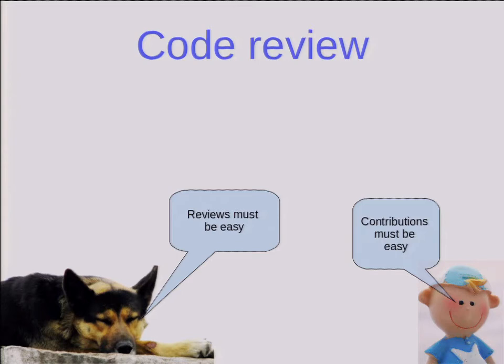So if you want to contribute code to a project, in this case Eclipse, it must be simple for both sides. Yeah? There used to be a time when contributions were issued to the Eclipse project as a patch. The person who wanted to contribute to Eclipse downloaded the source code from CVS, worked on something, and then created a diff file, the difference with what he did, or a patch file which includes a little bit more meta information, and created a bug report, attaching it to the bug report.